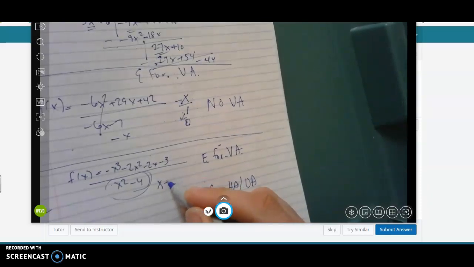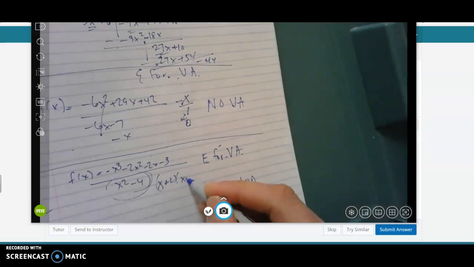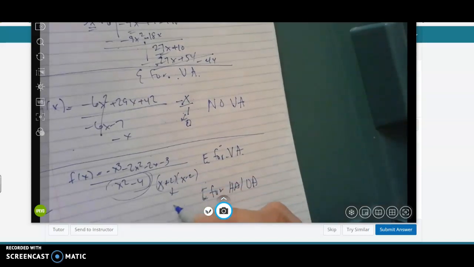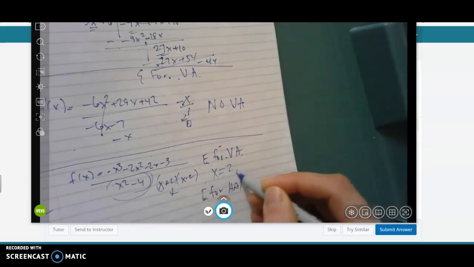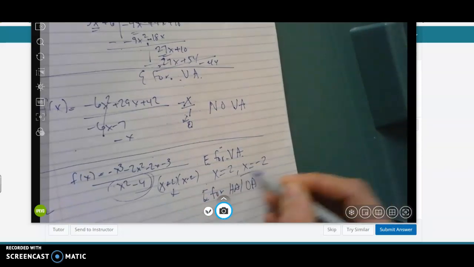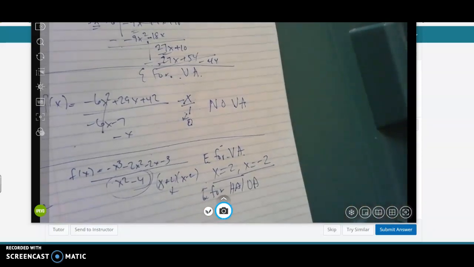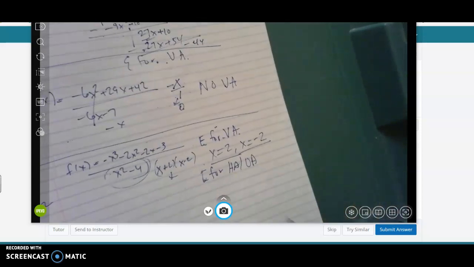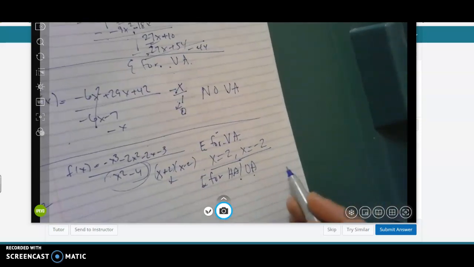And we're going to get x plus 2, x minus 2. So any of those values, you're going to get x is equal to 2 and x is equal to negative 2. Those are the equations of the vertical asymptotes right there. And for an equation for the horizontal or oblique asymptote,